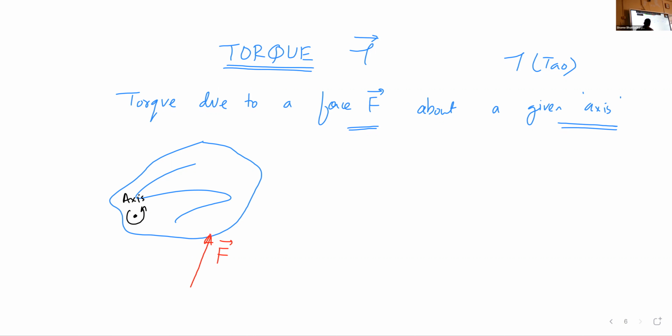Then this point becomes what we call the point of application of the force, and R by definition becomes the position of the point of application of the force with respect to the axis of rotation. So R becomes this one. So the torque because of this force